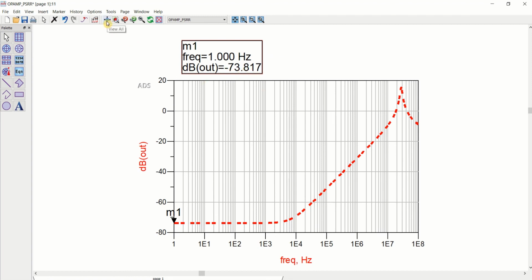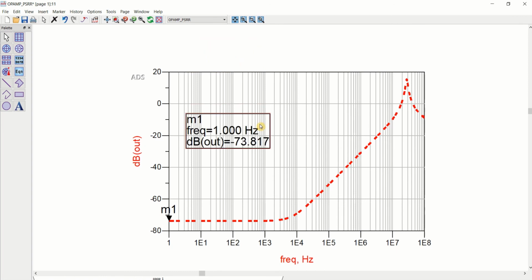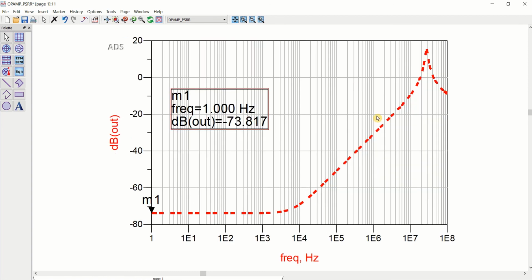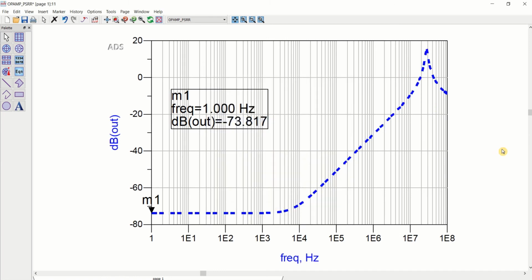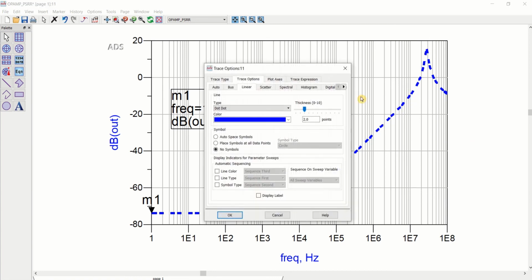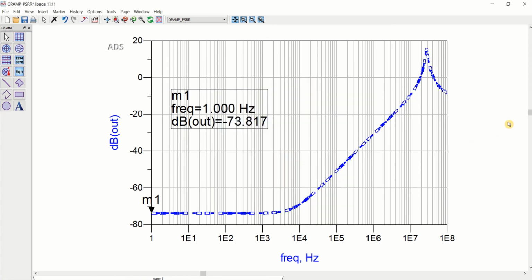PSRR is very low value. So this is the plot. Save this. This is how you estimate the parameters called CMRR and PSRR of an op amp.